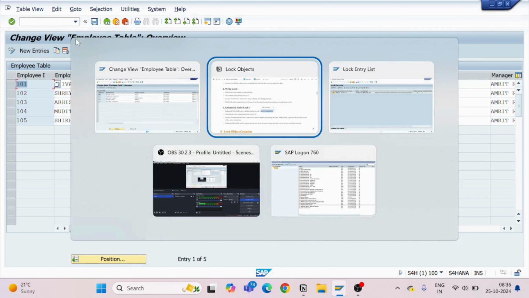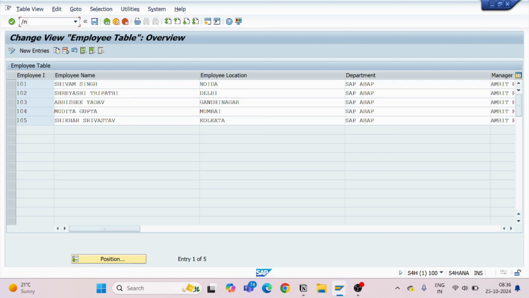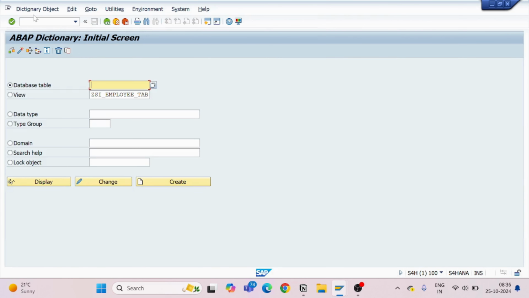Alright, so for that I will go to the SE11 transaction code to create my lock object. I will select the lock object radio button, and I will give a name for my lock object which will start with EZ. I will start with SI, and for department I want to implement a lock object for my department column.